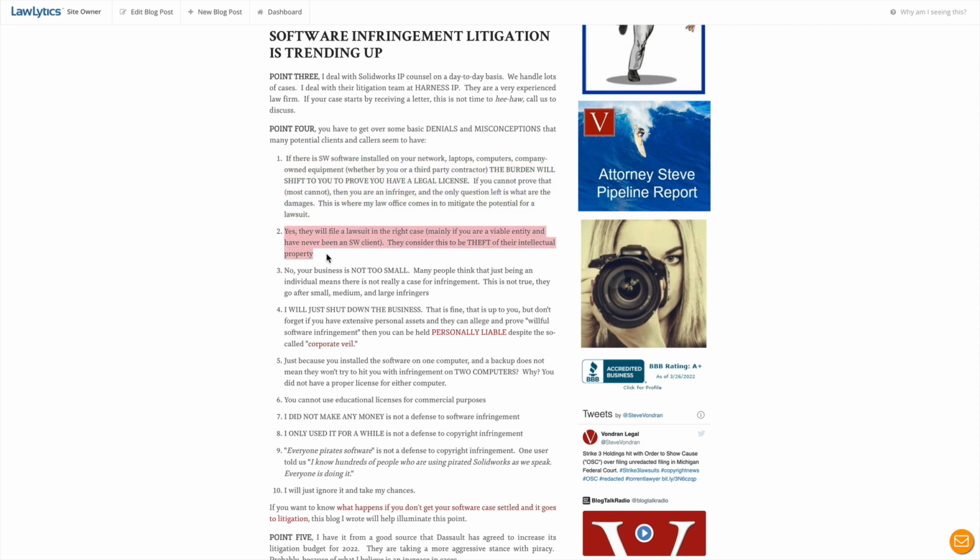Misconception 2: yes, they will file a lawsuit in the right case. Doesn't mean every case. So some people say, well, I'll just take my chances. Okay, well, you may take your chances. Maybe it'll be nothing. Maybe it'll go away. I can't tell you if it will or it won't. All I know is